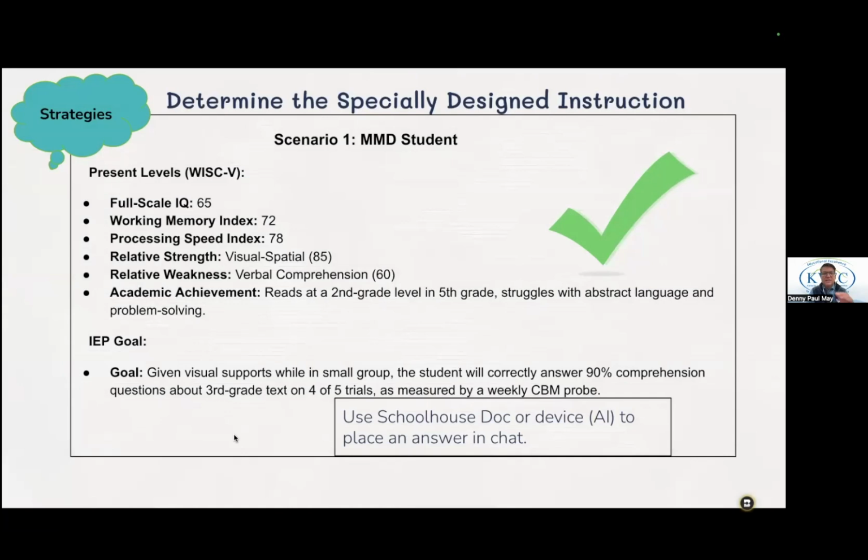So here's the scenario. The student with MMD, mild mental disability, has a full-scale IQ that's 70 or below, and you can see it's a 65 here. And then you see all the different areas of the WISC. The working memory index is 72. That means that the student has difficulty holding information in their working memory long enough to apply it to another